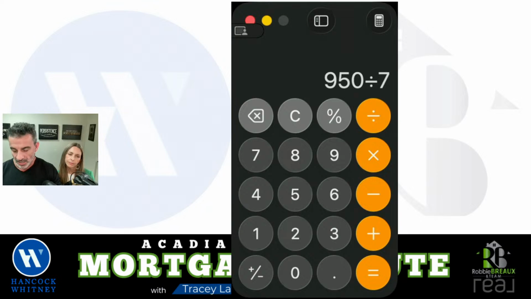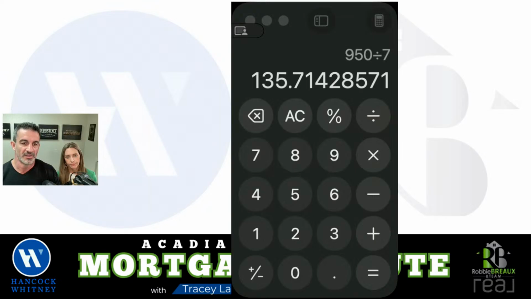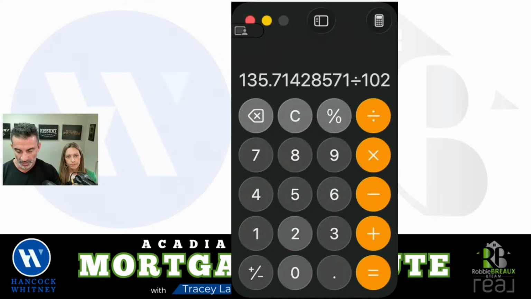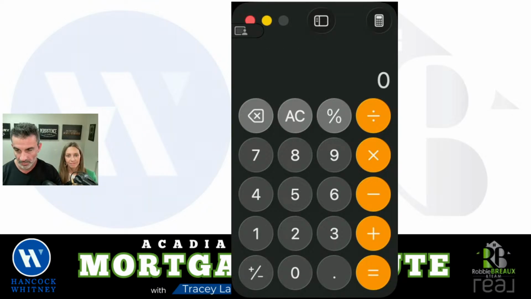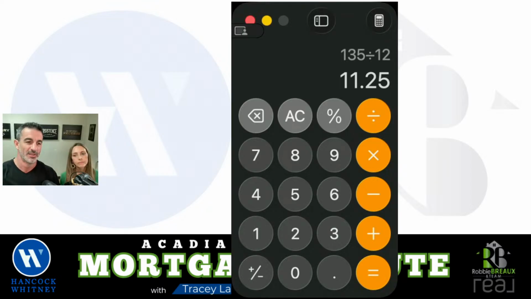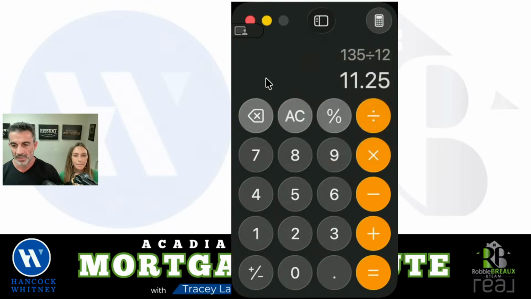So if you're saving $7 against the cost of $950, your break even is 135 months, or we go and knock that into years. What was it? 135 divided by 12. That takes you 11 and a quarter years before you're actually out of the red. You have to make sure that, in order to be able to do this,